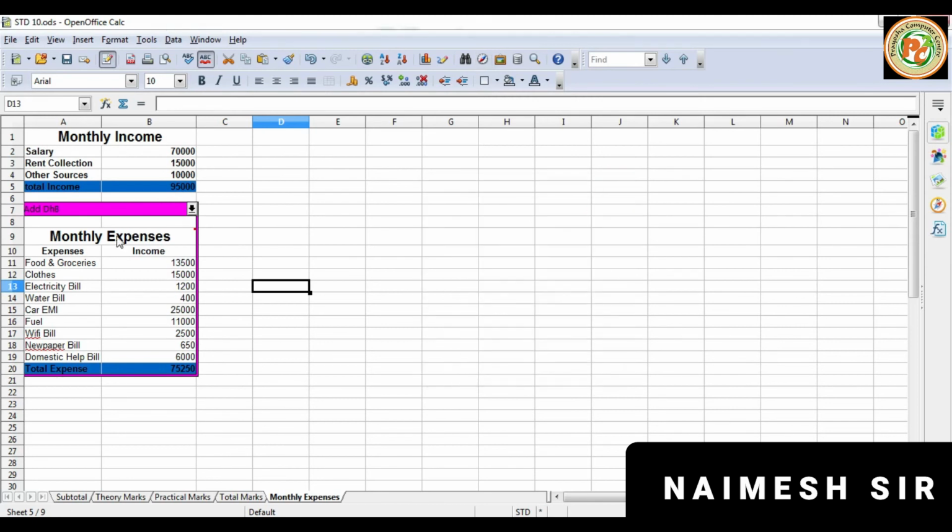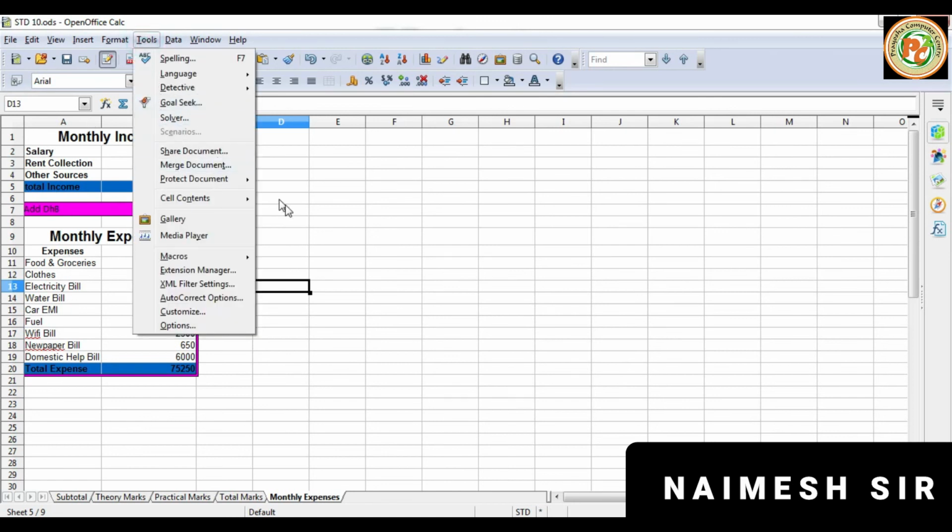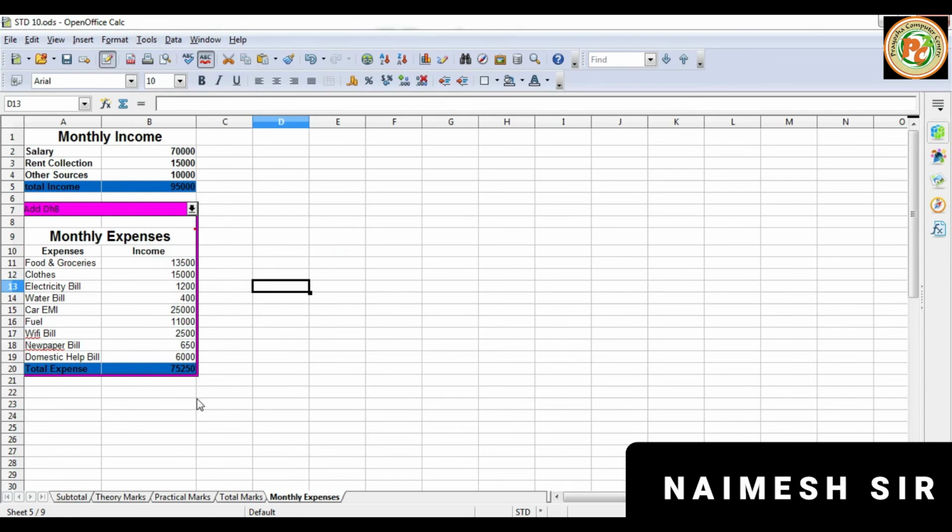We can create the scenario using that. You can go to the tools and click on the scenario, so that the scenario dialog will appear. Similarly we can do anything in the scenario, but the use of the scenario is that you can analyze your data. You can substitute up to a set of 32 values. You can create up to 32 scenarios in Microsoft Office Excel, and also in the spreadsheet. So this is all about the use of the scenario. We can create different scenarios for this.